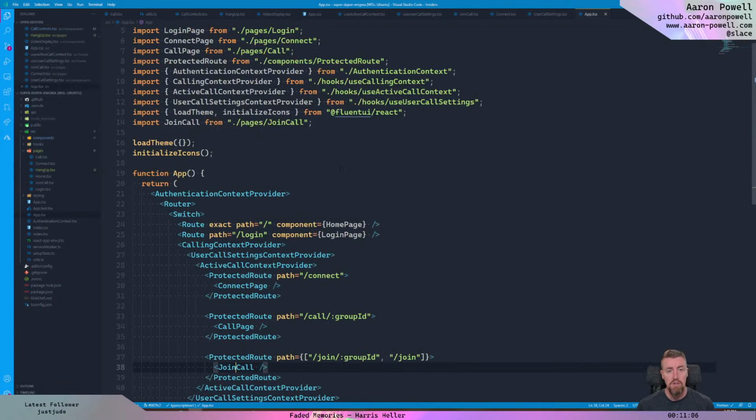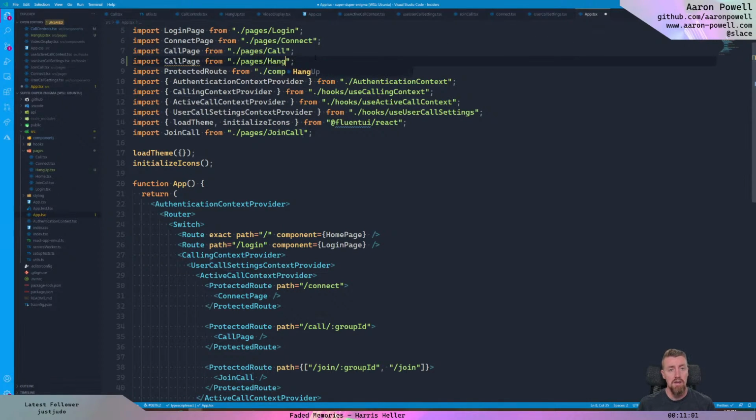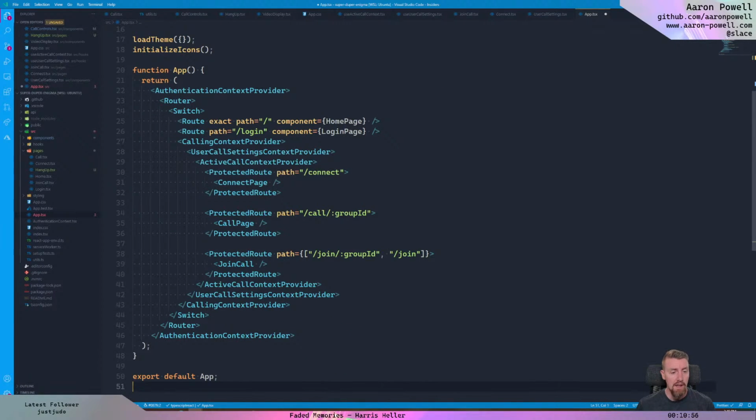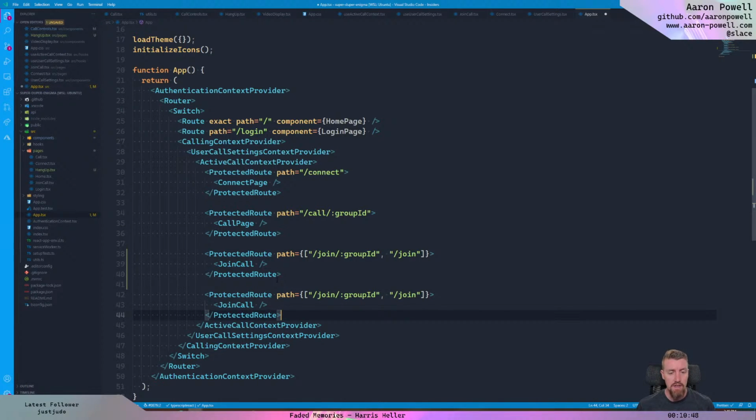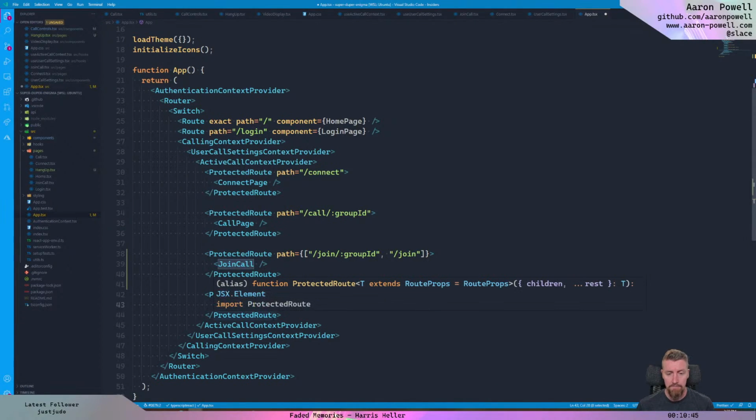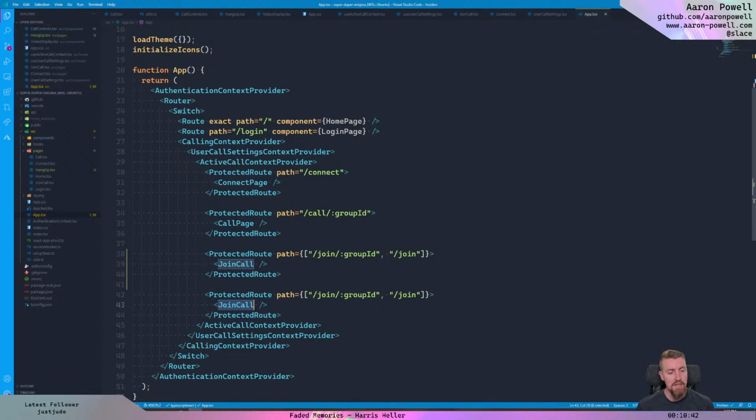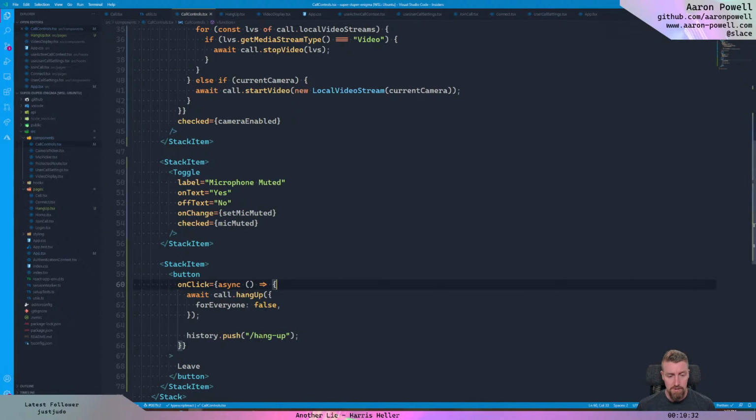And into app.tsx we will import the hang up page, and we'll do it as a protected route because you're kind of there but you're kind of not there. Actually, maybe we'll leave the group ID in there for a moment. We'll do hang up and that will also take the group ID. So on the call controls, they'll actually navigate to hang up slash